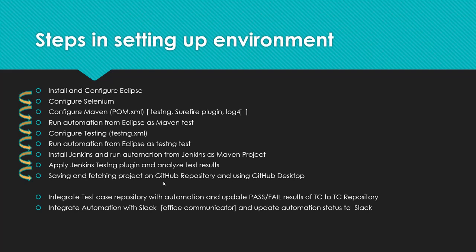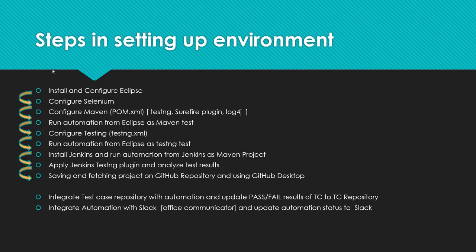We'll also see various git commands we can use to do this. And GitHub repository has various UI tools with which we can interact with it. One of the tools is GitHub Desktop. We will see how to use GitHub Desktop. The same thing which GitHub Desktop can do can be done using git commands, so we'll see both git commands as well as GitHub Desktop. So let's go back and see what GitHub Desktop and GitHub repository do for us.